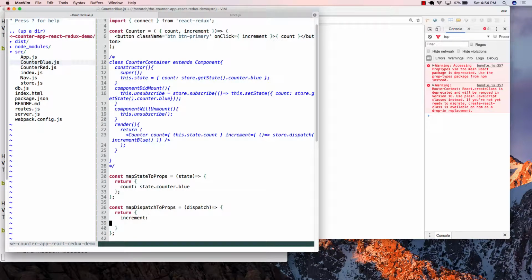Again, this just gets passed back, simple objects. I'm going to give it a key of increment. Okay? This is going to be a function. When this function ends up getting called, it's passed me the dispatch, which is automatically going to end up dispatching to the store. And I'm going to dispatch, and I ended up pulling in here, increment